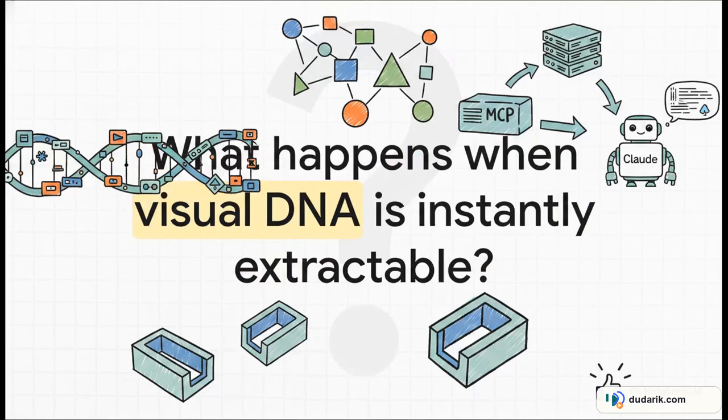As we wrap up this explainer, I want to leave you pondering a pretty massive shift. When a website's visual architecture is open source by default, what will you build next? We are entering an era where visual execution is no longer a barrier. If you can see it on the web, you can extract its DNA, map it to an MCP server, and have Claude Code build alongside you using that